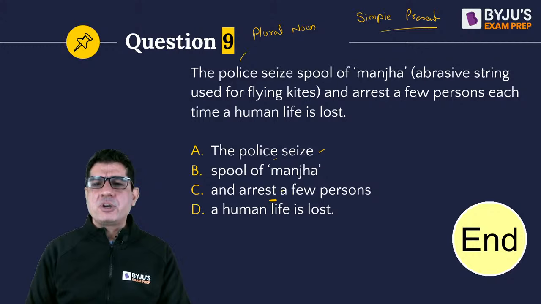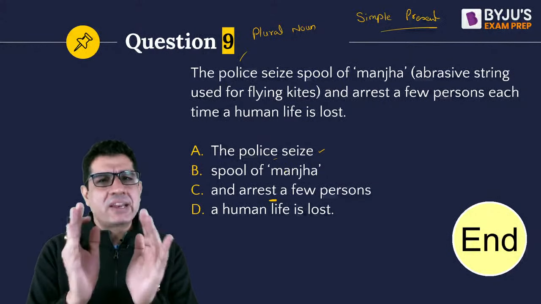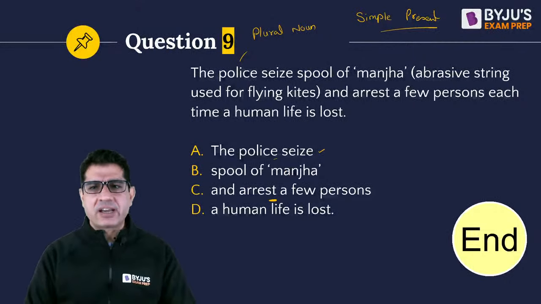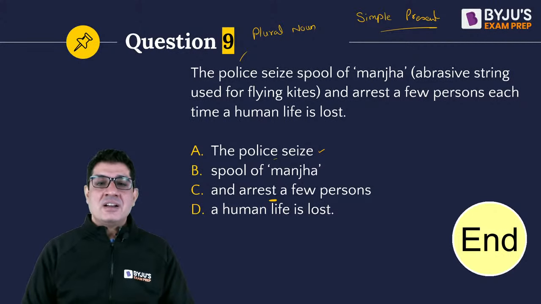Khushi, why would a few persons be wrong? A few persons will be a small number of persons, which is correct. What if they go out and arrest three, four people? Should be fine, right? But you notice what is happening.